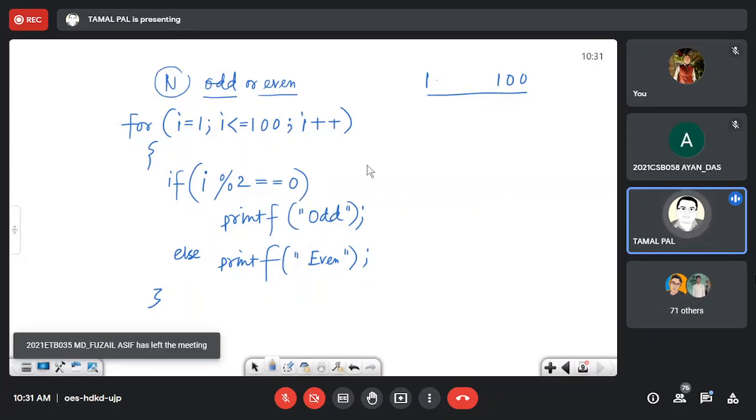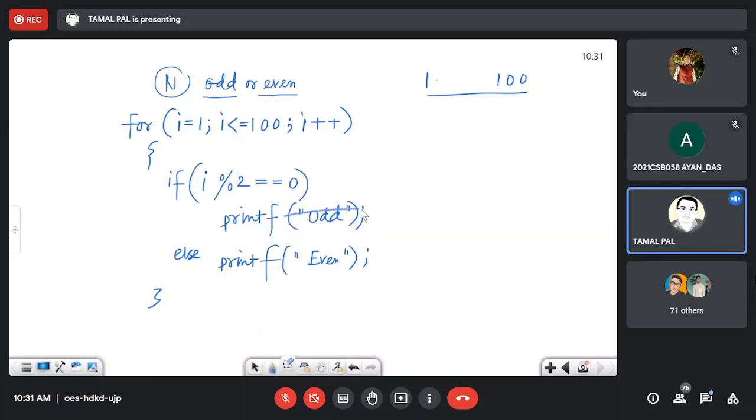It will gradually print the status, but when I am printing a number with status, I need to change the printf statement a little bit. So %d is odd. In this way we may write.